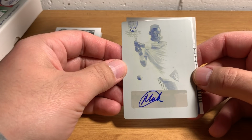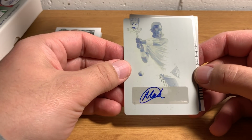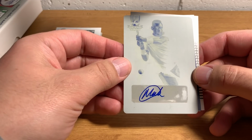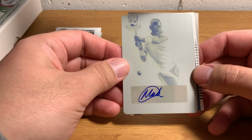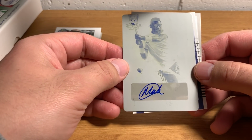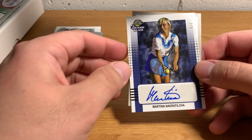He's from Australia, and he's very talented. He's made it into the semifinals of a number of majors, but has never really taken off like some people, particularly in Australia, would like to see him do. But anyways, he's definitely a well-known player, so it's cool to have a one-of-one of a well-known player. Alright, next up we have definitely probably going to be the